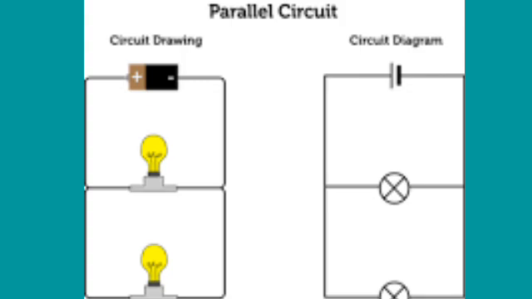Parallel circuit. In a parallel circuit, there is more than one resistor and they are arranged on many paths. This means charges can travel from one end of the cell through many branches to the other end of the cell. Here, voltage across the resistor remains the same, but the current flowing through the circuit gets divided across each resistor.